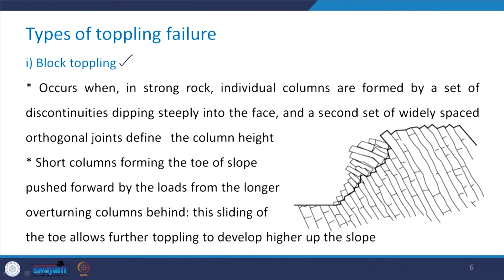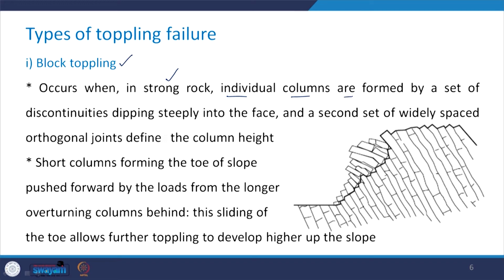So, in view of the decision to be taken related to the application of the appropriate method for the analysis, it is extremely important for us to distinguish between different types of toppling. So, we will now discuss these types of toppling failure, and the first one in this category is block toppling. Now, it occurs when in strong rock